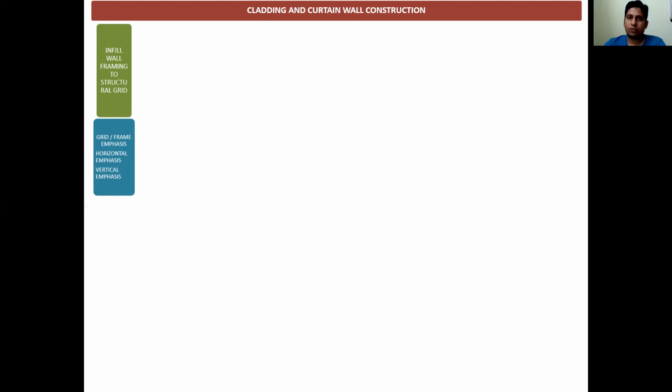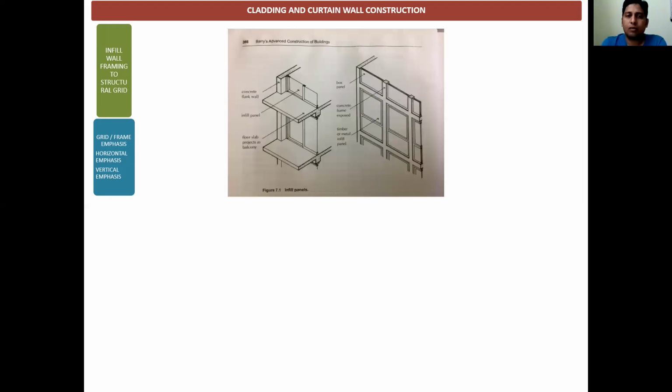I want to show you some views from Barry's book. Now just look at one particular building having balcony projections, and on the other side of the building you can see only the column and beam grid is visible.